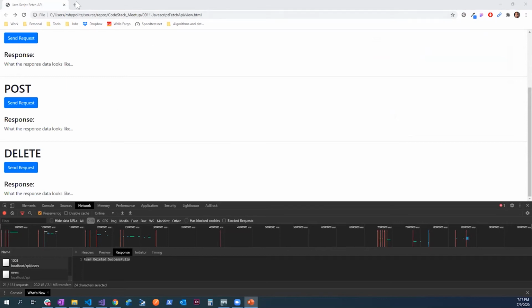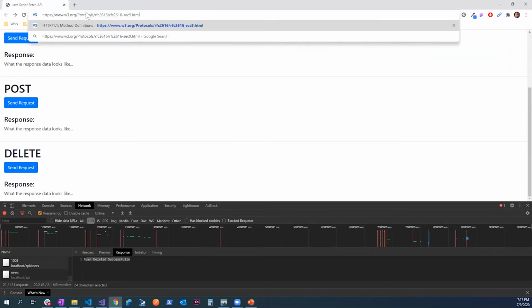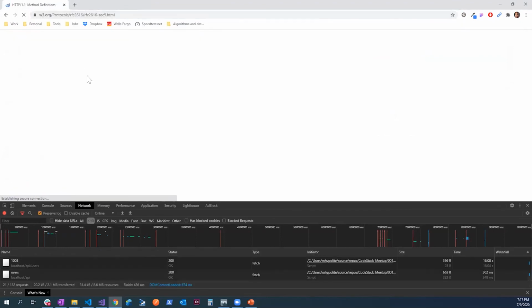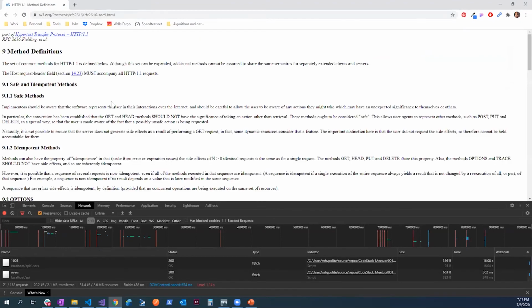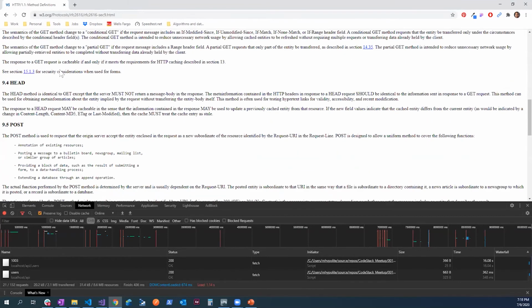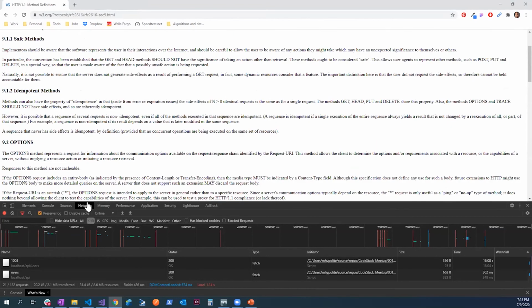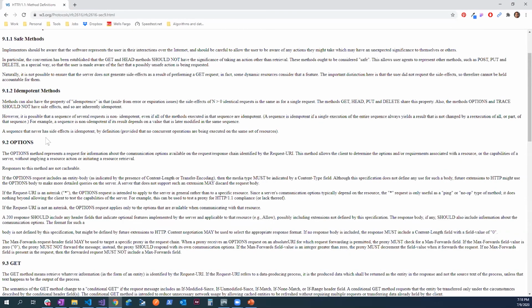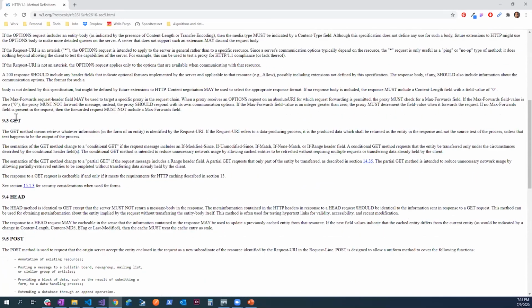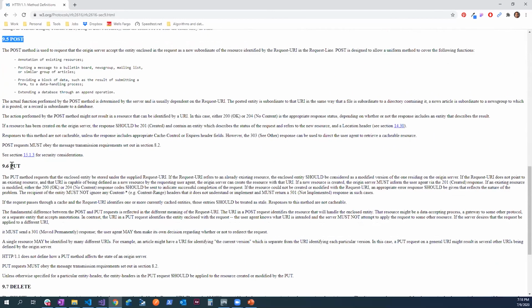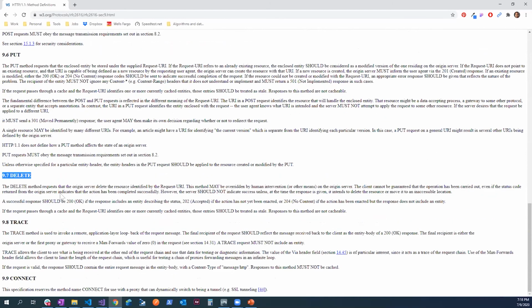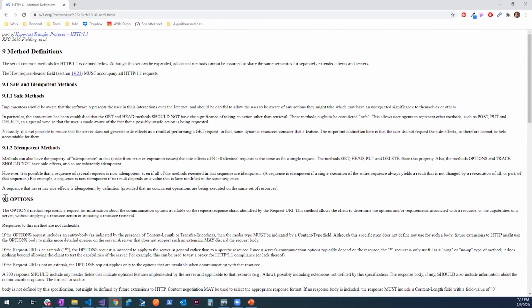The other thing I want to show is, I need to change this link name, but this page is a list of all the different methods. Let me get rid of this developer tool real quick. You can see there's other ones besides get, which we covered, post, put, and delete, but there's all these other things we can do. We can do options,